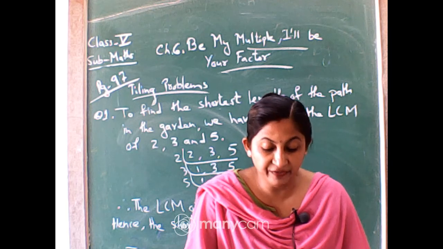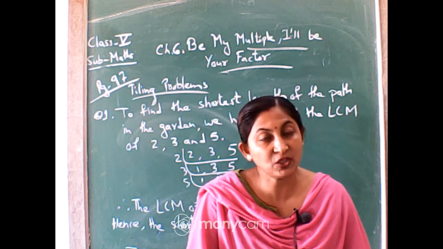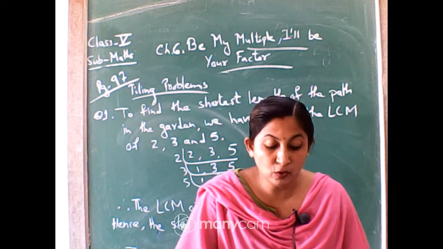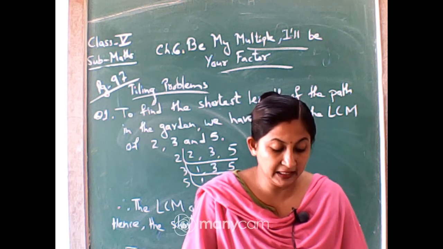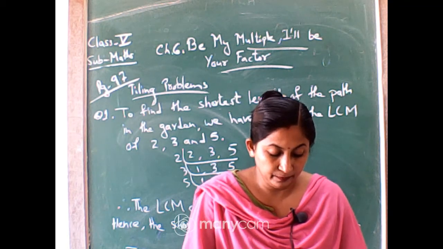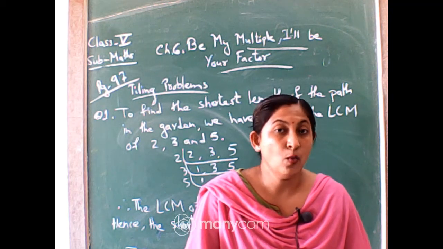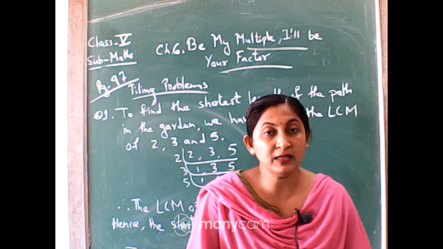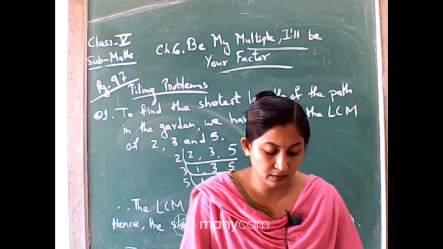Now, come to 3 feet by 3 feet. 3 is the factor of 9 as well as 12, both. So, Manoj can use these 3 feet by 3 feet also to lay the tiles in his room. Okay. So, he has two options. One, 1 foot by 1 foot he can use, or the second one is 3 feet by 3 feet he can use. Okay.